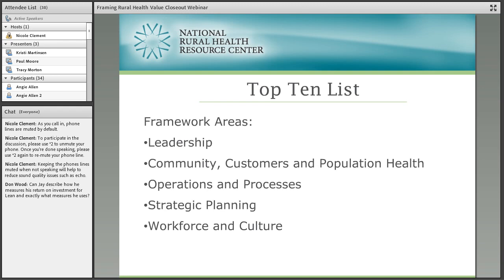In the second area of community, customers, and population health, I just saw the importance of partnering with community and even others beyond your community as you're talking about looking for that statewide partner or that network partner. And then that's going to be especially true as things move more from silo-driven healthcare to more population-based models.